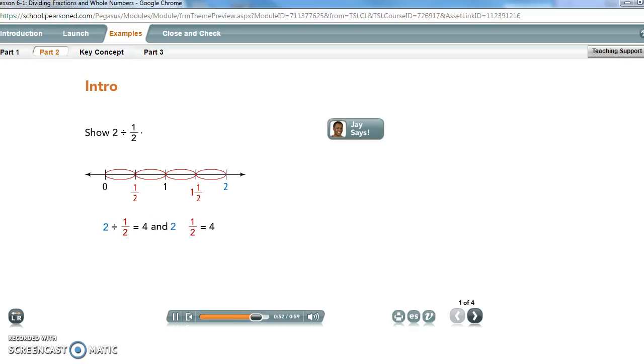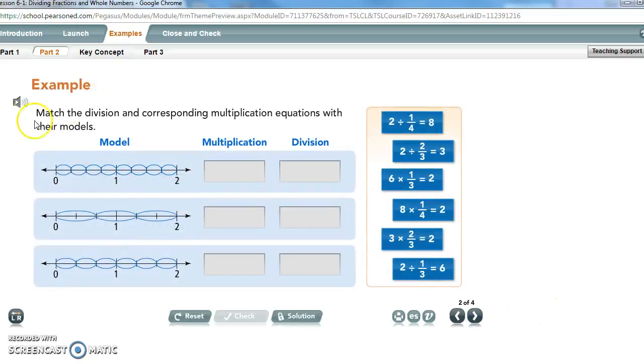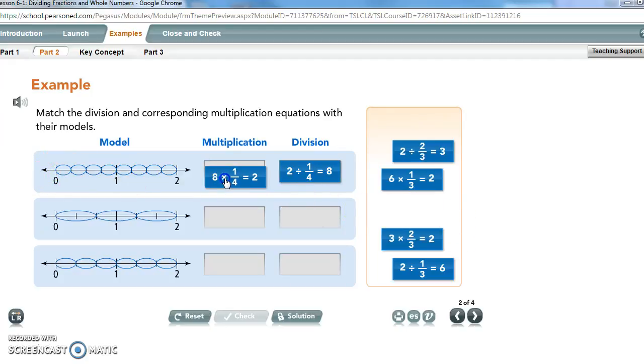Multiplication and division have an inverse relationship. The model also shows 4 times 1/2 equals 2. Match the division and corresponding multiplication equations with their models. So I'm starting with 2, and I'm dividing it in 1, 2, 3 fourths. So I get 1, 2, 3, 4, 5, 6, 7, 8 equal little ovals, which means 8 times 1/4 equals